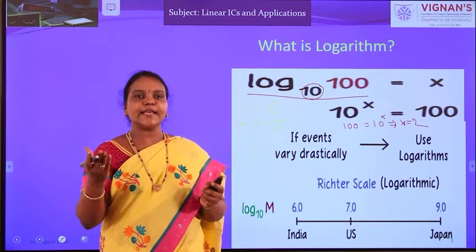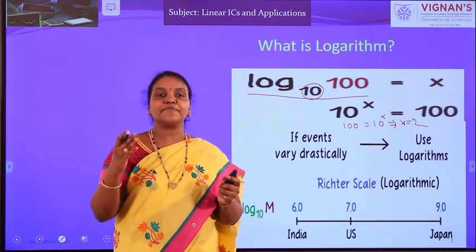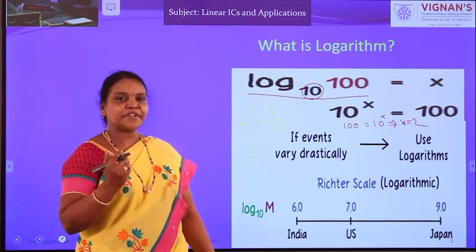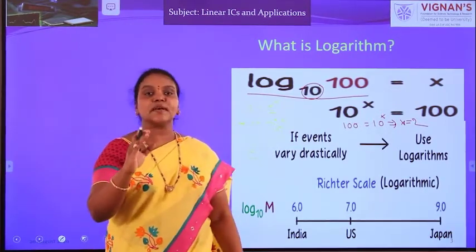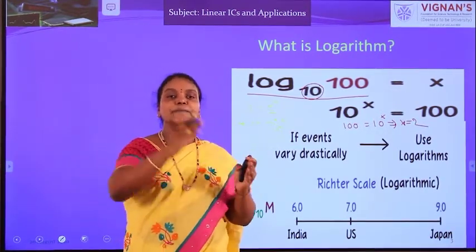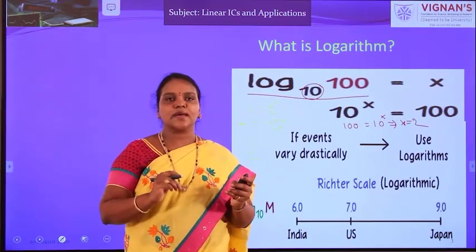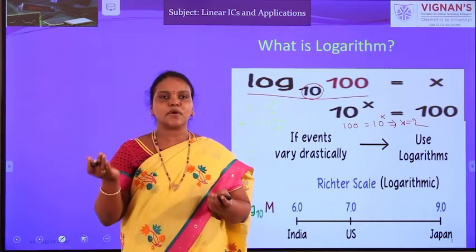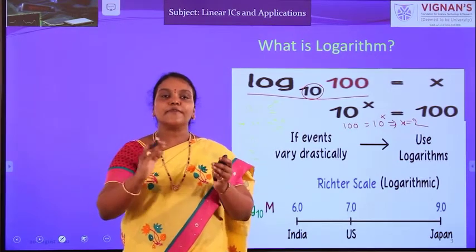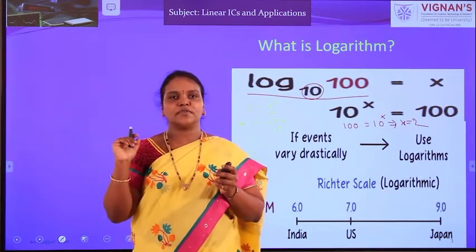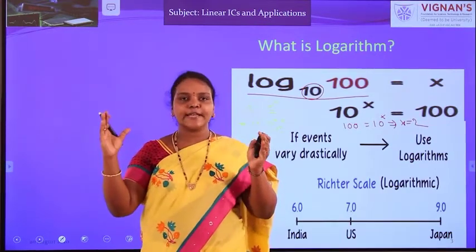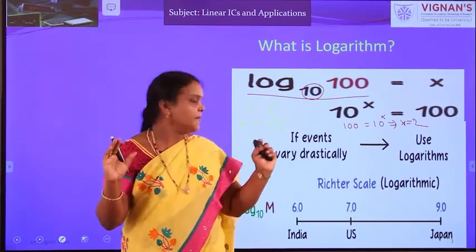And where we use these logarithms means when the variables are varying over a wide range. Already in your ECA lab, you have performed the amplifier frequency response, right? In the amplifier frequency response, the frequencies start from 100 Hz to 1 megahertz. Are you able to place them on a normal graph sheet? It is not possible. Then we have to go for a logarithmic graph sheet, which is able to accommodate all these values on a single graph sheet. We will see that anyway.